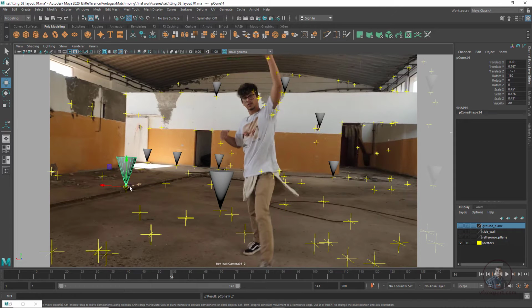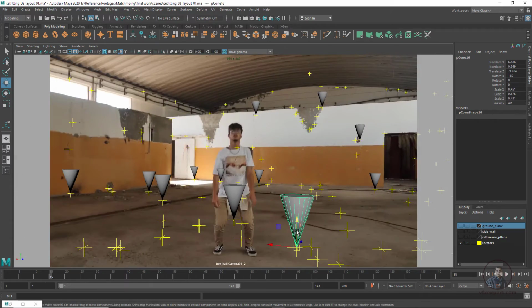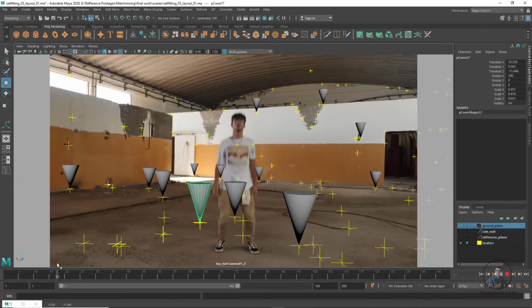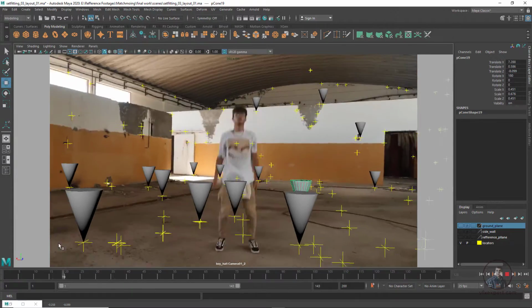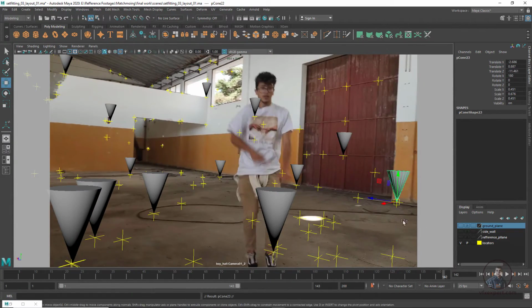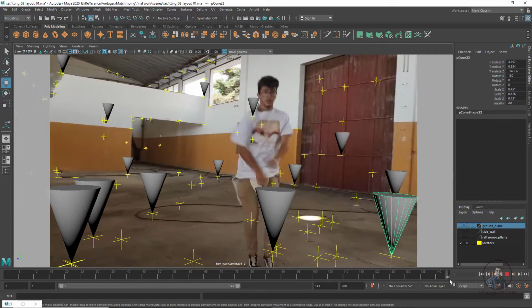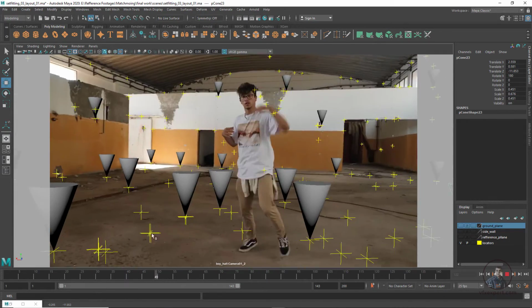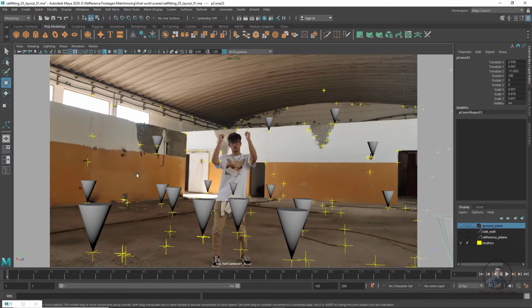In different positions, you have to place. I think these are sufficient for us.